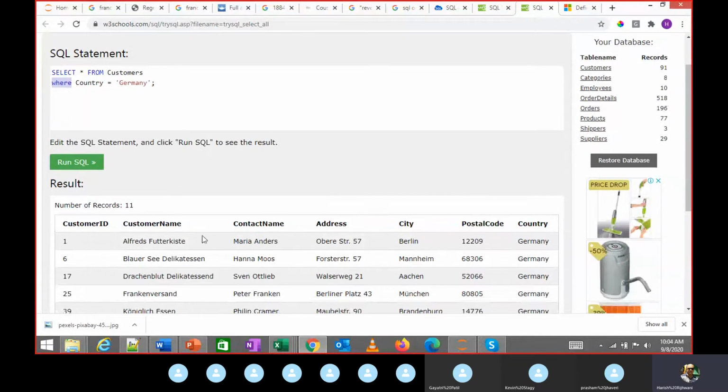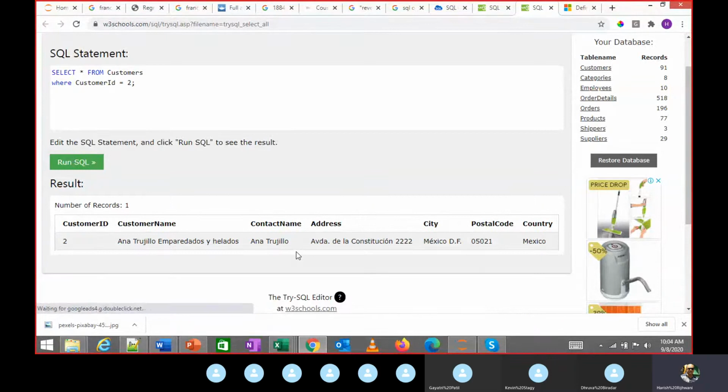I can write customer ID equal to, instead of country, customer ID equal to 2. And if I run it, I'll get only that record for customer ID. So try these two options with the where clause.